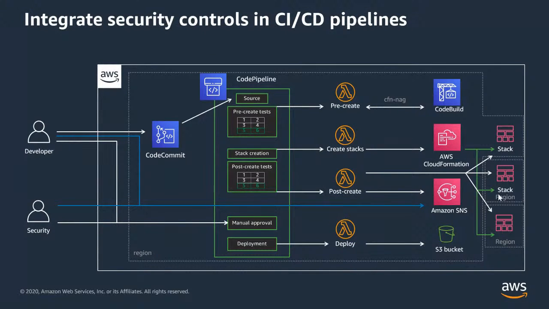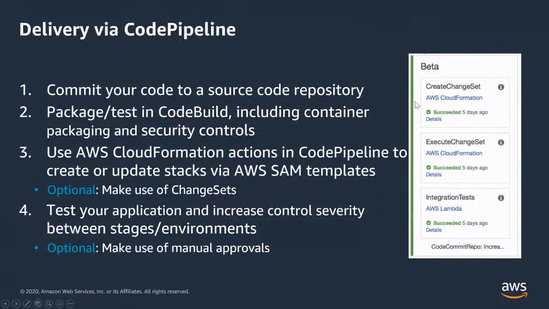You could also have manual approval as part of CodePipeline, right? So you could have somebody in your security team, or maybe your manager or your CTO, or even yourself for that matter. If you have a CodePipeline, you want to make sure that you do the manual approval. So you can set up a gateway in CodePipeline, which will send you an email, and only if you click on the link will it allow you to go to the next step, or else it won't. So with CodePipeline, this is how it's going to look.